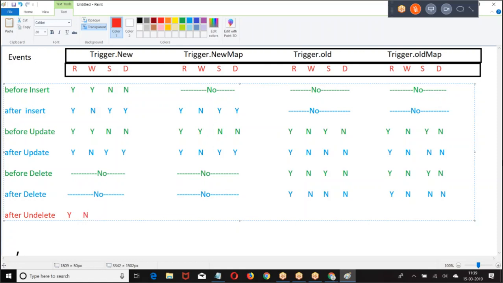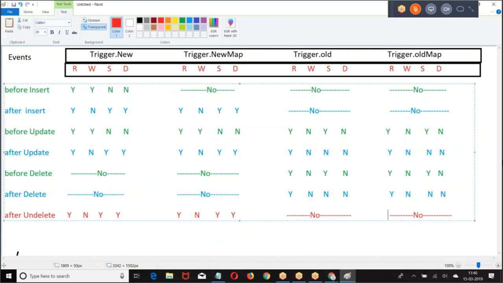This is SOQL and DML. This is what we got. I hope you are good with this.